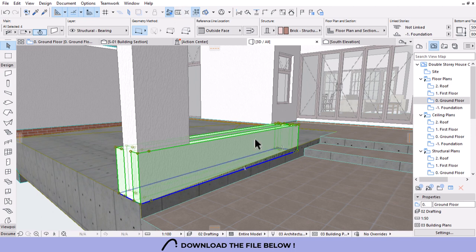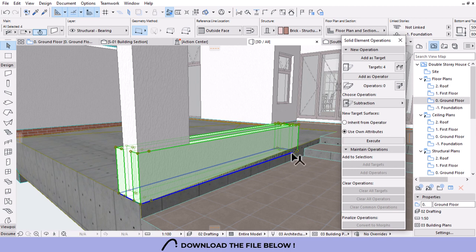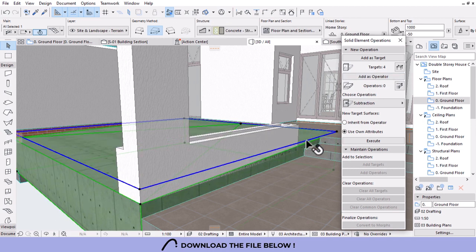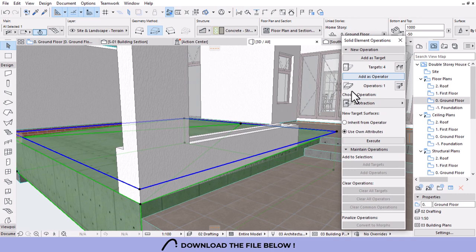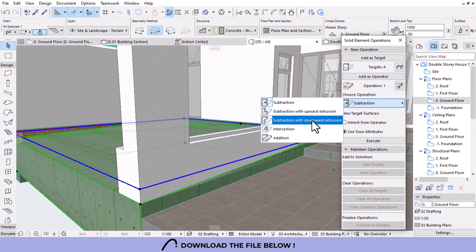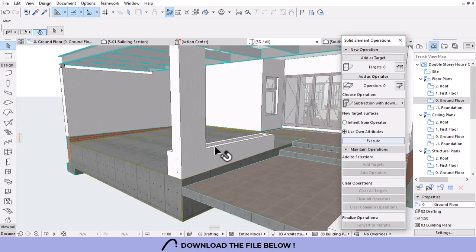Let me suspend and then right click, connect, bring your solid element operation. So do we pick the tag selected as a target, and let's select the mesh and use it as an operator. So we're going to trim with downward extrusion. So let's do that, just to clean up